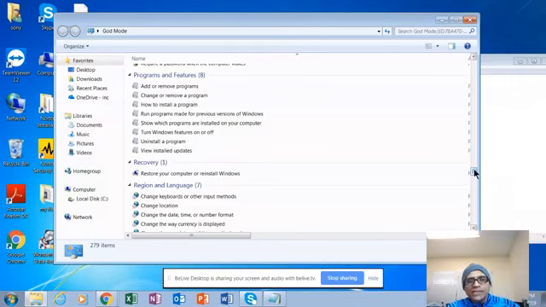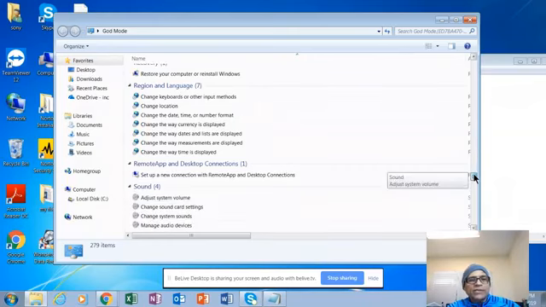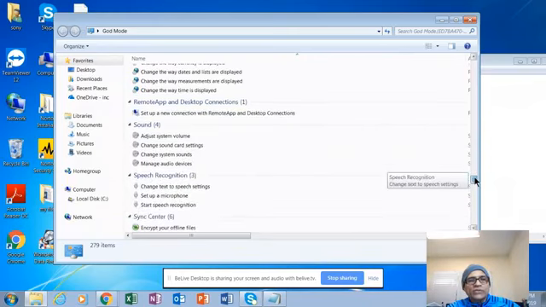The next utility is regions and languages. If you're in the United States, of course, your computer is probably defaulting to English. And if you ever want to change that, you can easily change it in the regions and languages area of these utilities. Remote app and remote desktop connections,